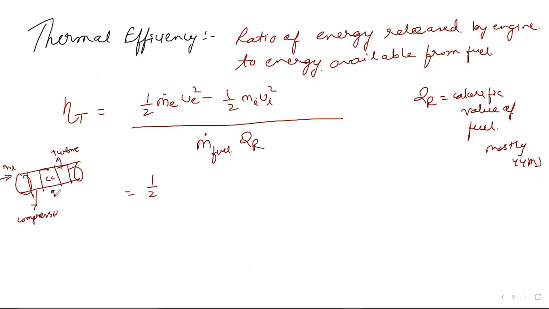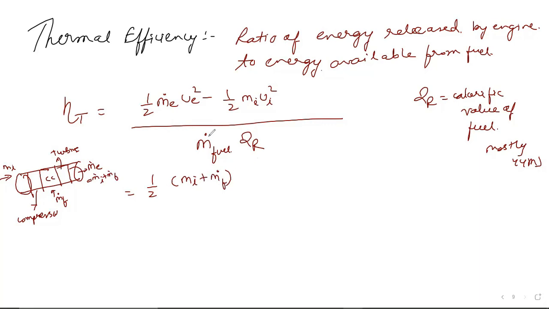And in the combustion chamber, we are giving the fuel, which is known as MF. So at the end, what is coming out? ME. ME is basically MI plus MF, so here we will use this formula. ME means MI plus MF, and MI is basically the mass flow rate of air, plus the mass flow rate of fuel. Fuel to air ratio, that's what it's called.